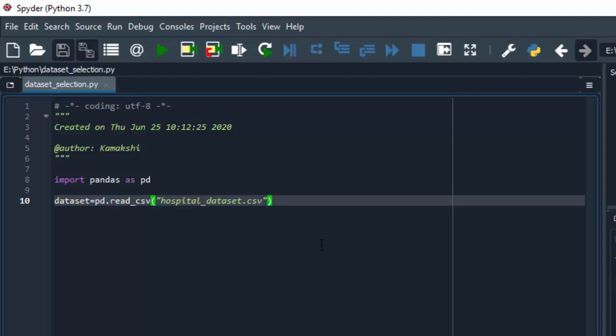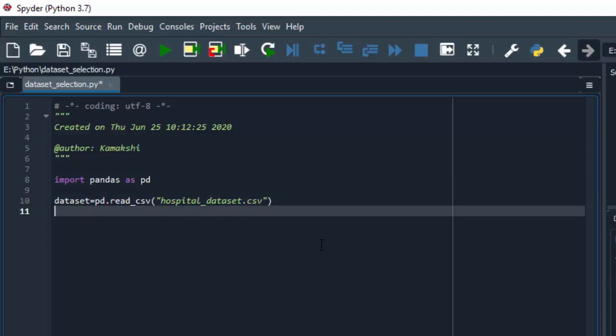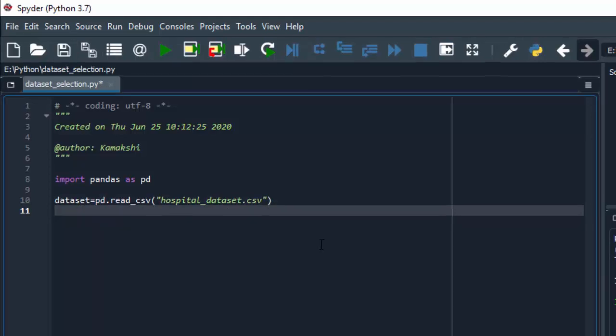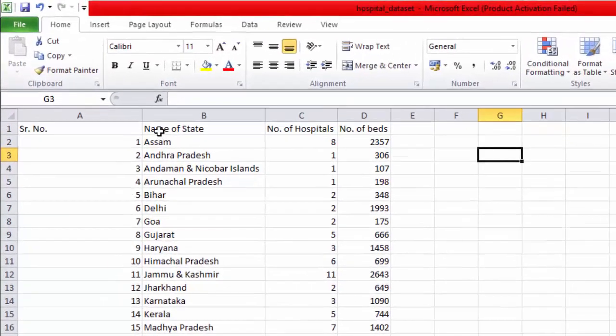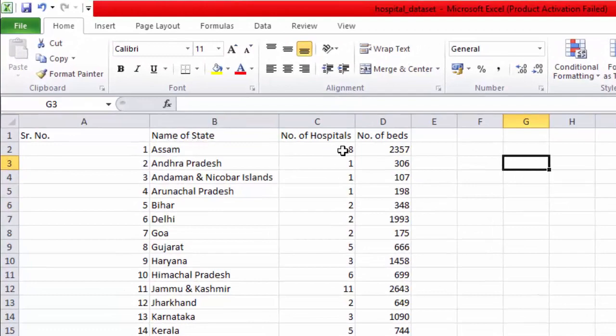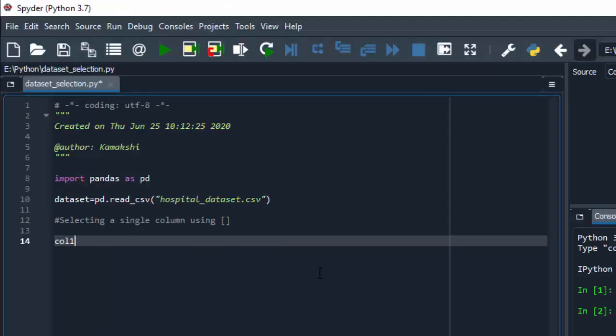Now let's try to implement the first indexer, the square brackets, in order to perform selection. First we'll see how we can select a single column from a data set. Let's first check which column names are present in our data set. Suppose I want to select the name of state column only. First take one variable.